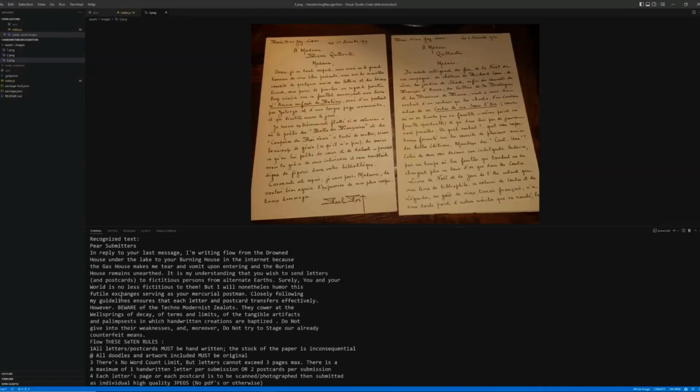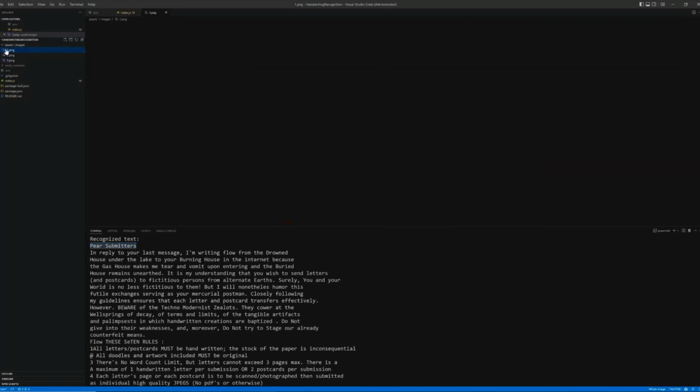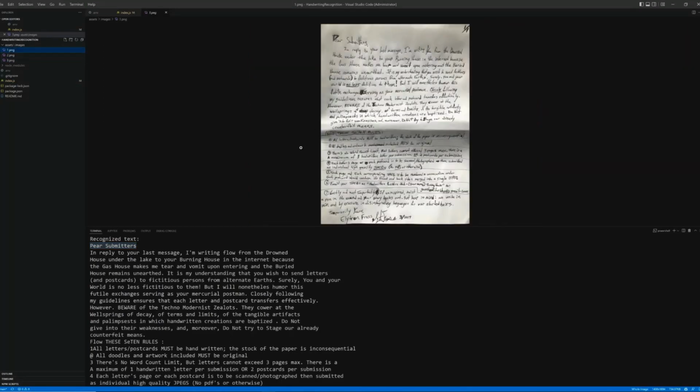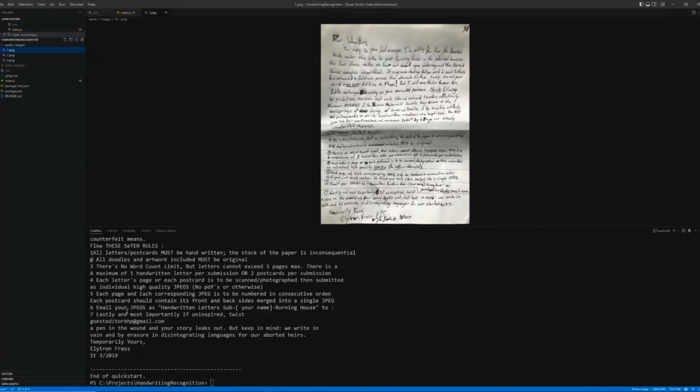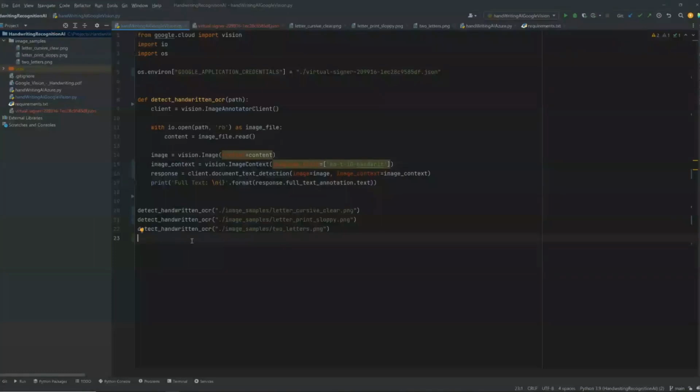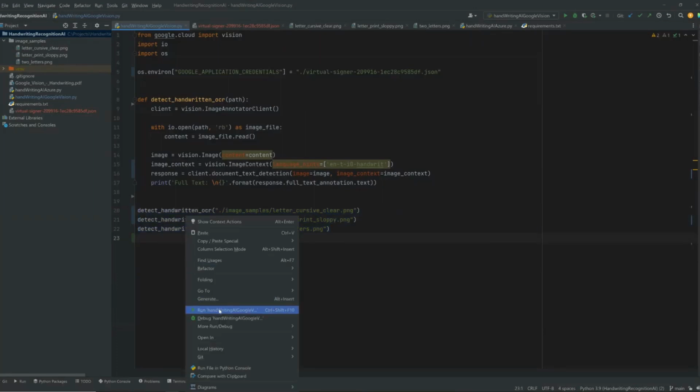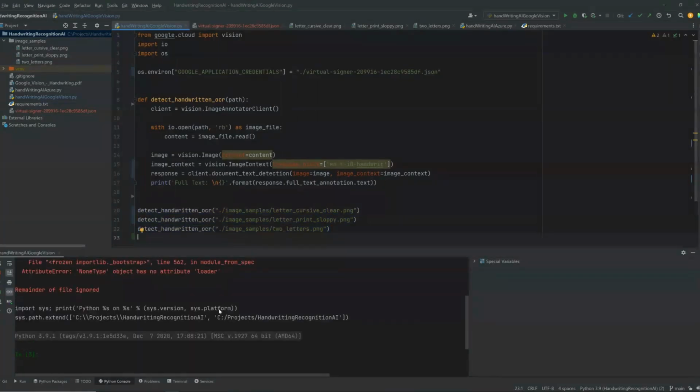When we say npm start, as you can see, this is what we get. Instead of "dear submitters," it says "peer submitters," and that was literally the first result, the response from the API for the first handwritten image. And then, of course, we'll show you more in detail in the slide decks later, the results, and we'll compare all 3. Next one, if you like Python, it's the Google Vision API, and as you can see, it's barely 20 lines of code, and it's going to run all the 3 images through the same code in a sequential fashion.